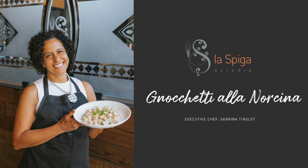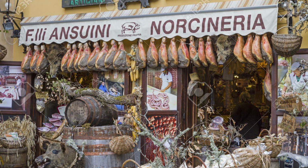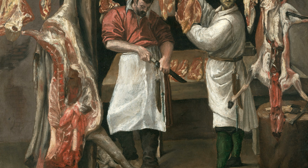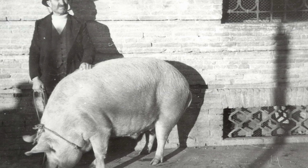Gnocchetti alla Norcina is ricotta gnocchi served with a sauce that is typical from the town of Norcia in Umbria, Italy. Norcia is known for their high-quality dressed pork products, including sausages and salamis. Highly skilled pork butchers from Norcia, also known as Norcinos, hire out all over Italy for their services and quality